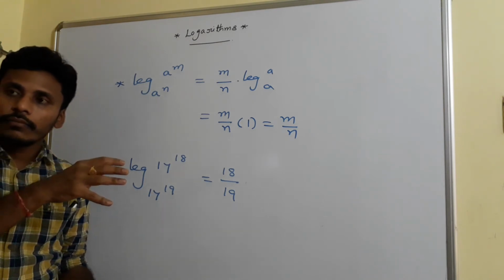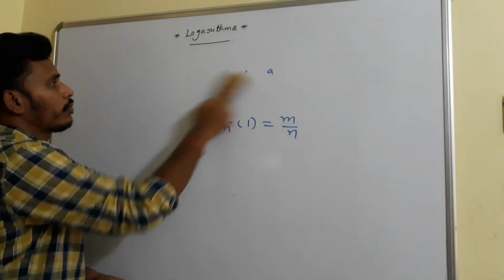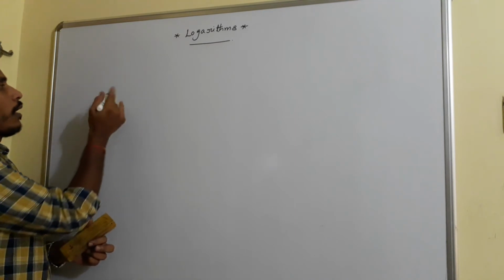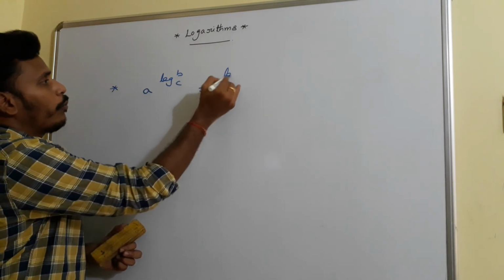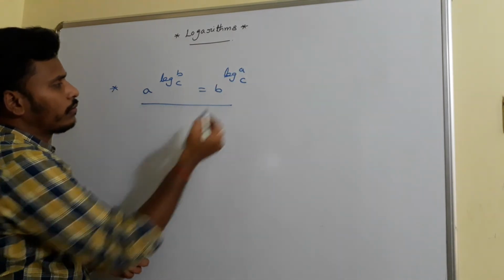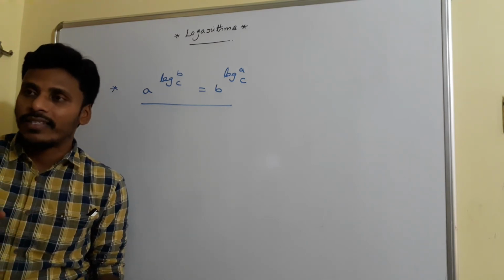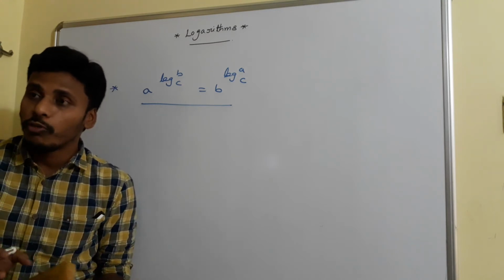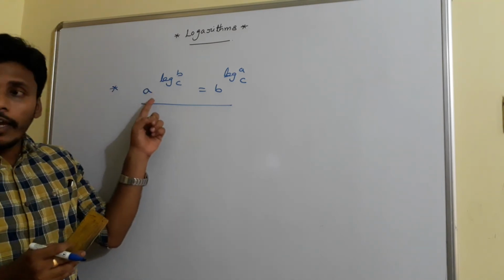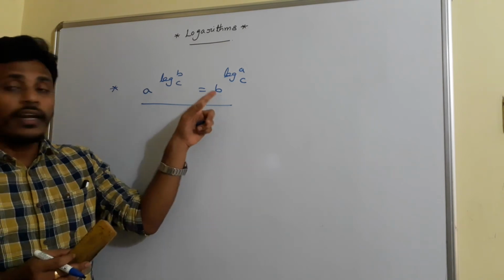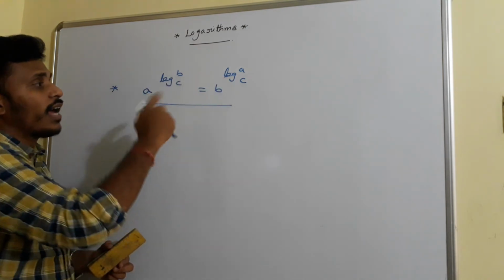So finally, I have provided you different laws of logarithms and one more law, the final law related to this. A power log B base C is equal to B power log A base C. Just observe it again. Observation is more important here. Don't concentrate on the names A, B, C, X, Y, Z, M and N. Don't bother about the names. You need to concentrate on the format, how the format is changing. Here it is A to the power log B base C is equal to B to the power log A base C. The base C is fixed on both sides, but A and B get interchanged.